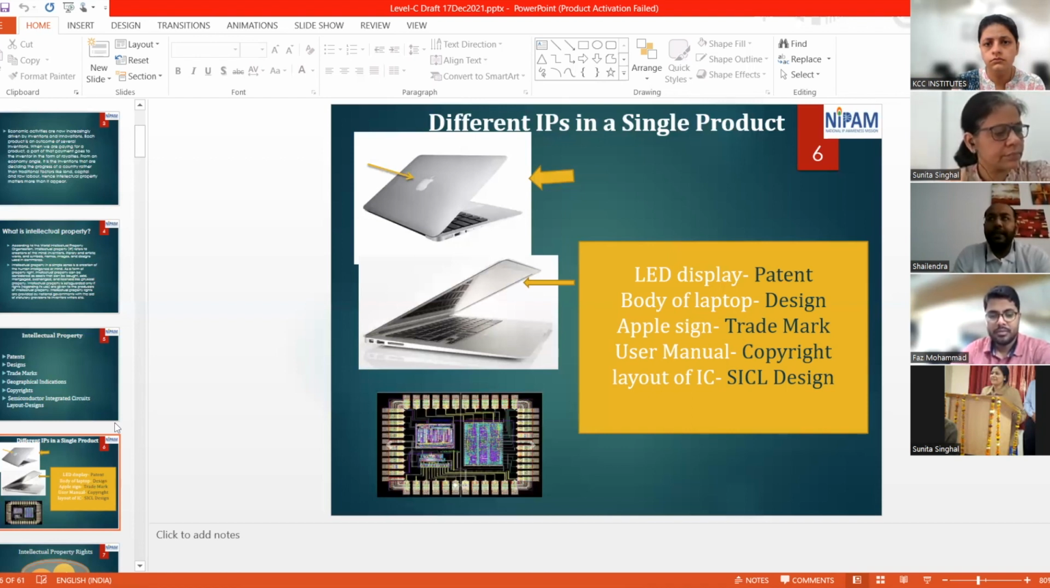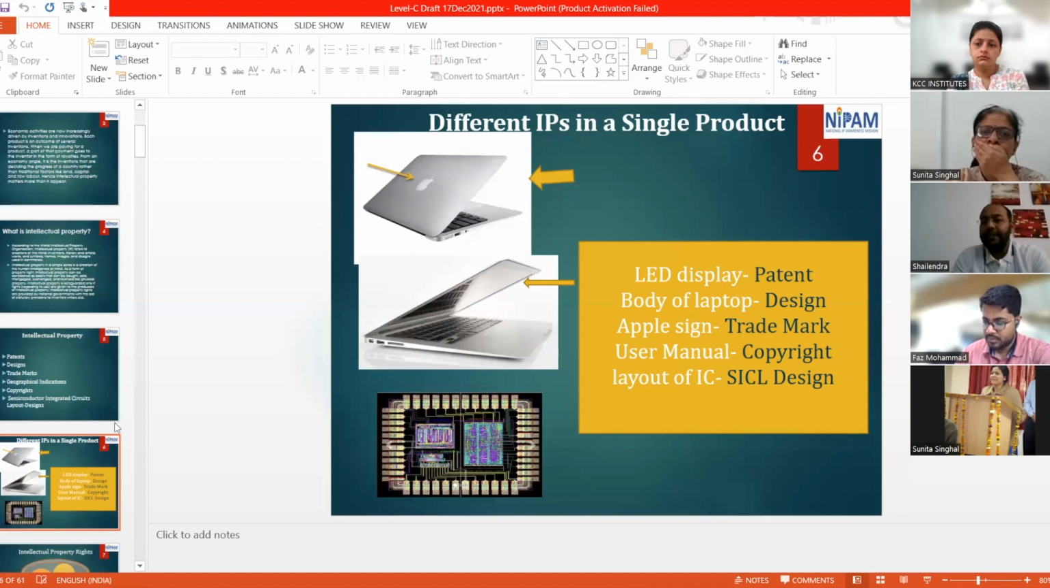Fourth is the different things related to the manual of the product, or maybe the algorithms used in the product, or the programming used in the laptop. These are the copyrighted things. The next is the SICL design, meaning semiconductor integrated circuit layout. The electronic plate inside this laptop comes under SICL design registration. So you can see there are 5 different categories of IPs in this laptop, and you need to